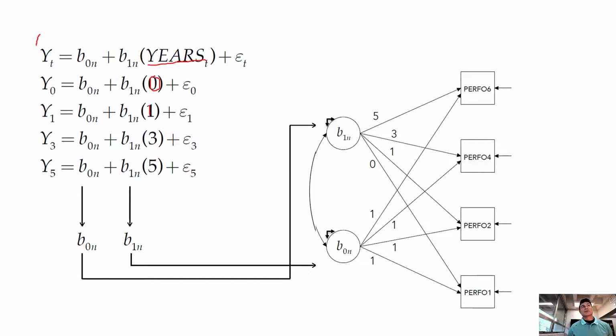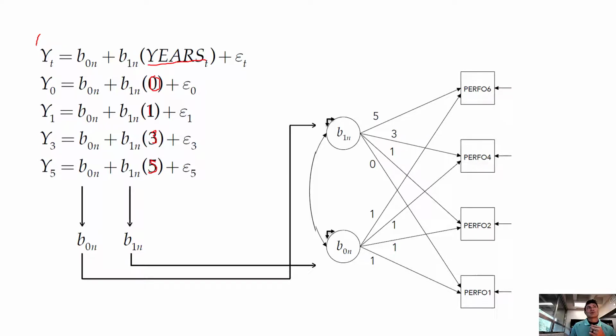Second grade is time point 1. Fourth grade is time point 3. And then sixth grade is time point 5. And the reason they're off a year again is because I bumped everything back a year so that the first time point would be at 0. And if I take this equation, I can basically chart this